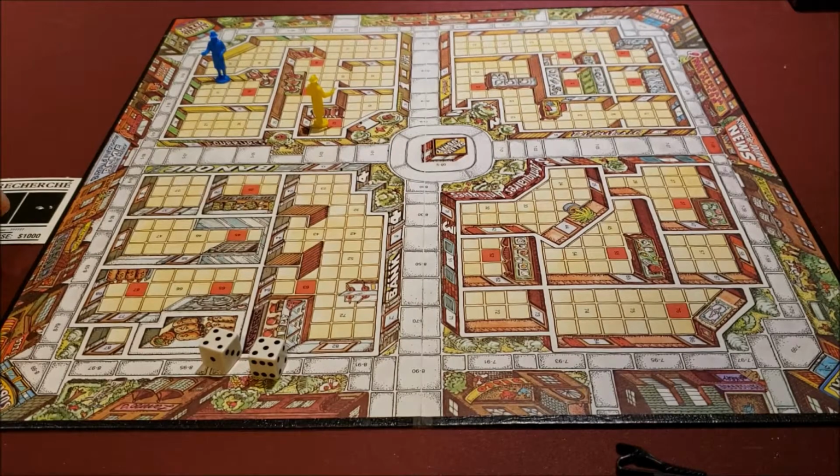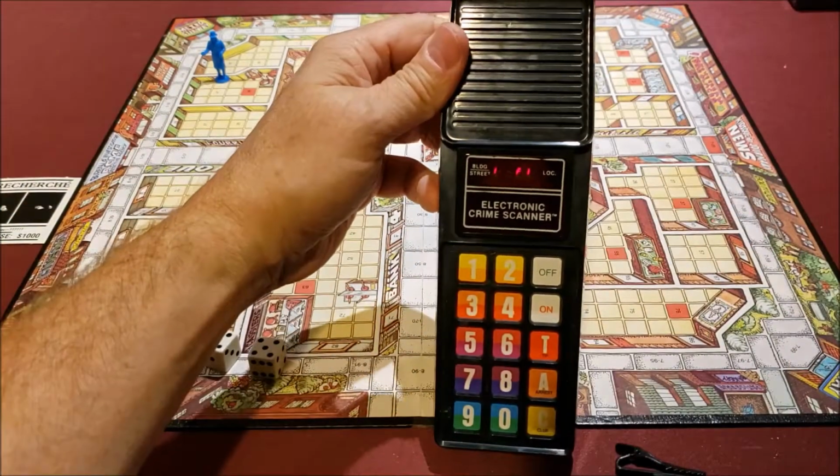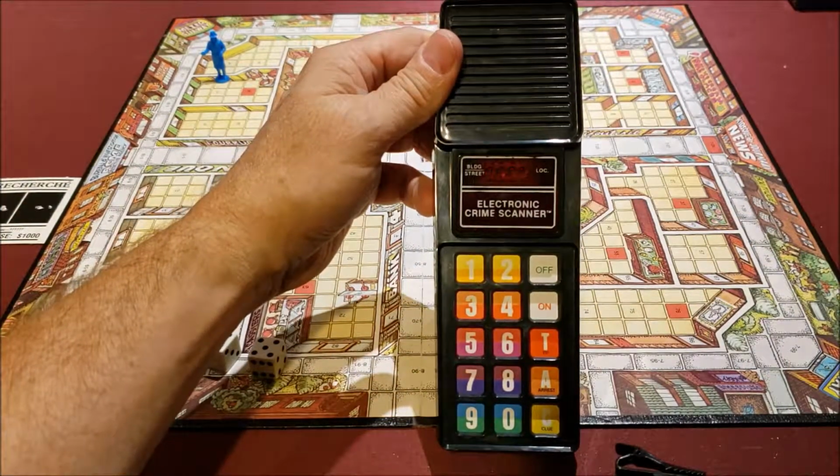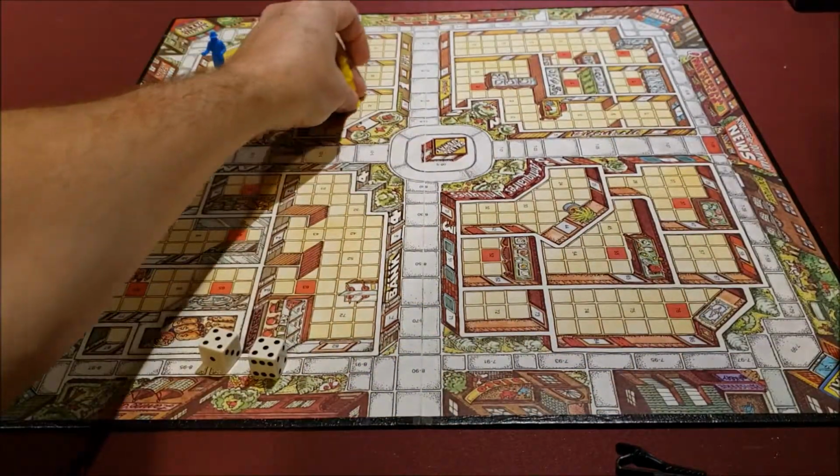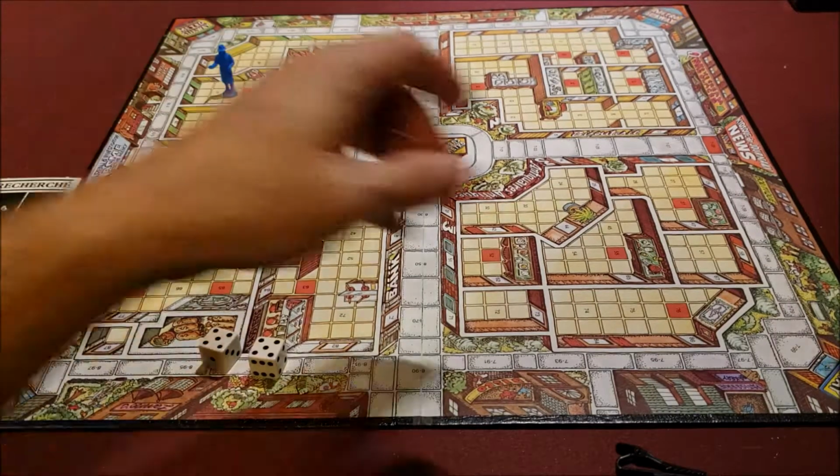The villain does go diagonally as well. So it's flashing here 1FL. It tells us what they've done. Okay, so both players will go again. So maybe this player comes here, this player goes here, and then